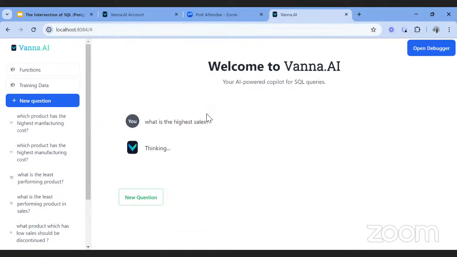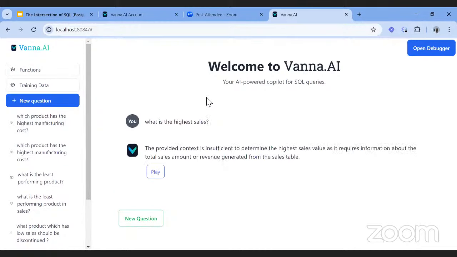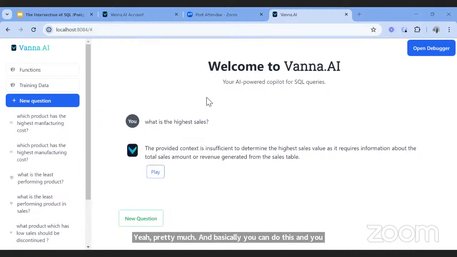Basically you can do this and run this more and more in this particular demonstration. All right, because of time constraints, I think we might have to just stop here.